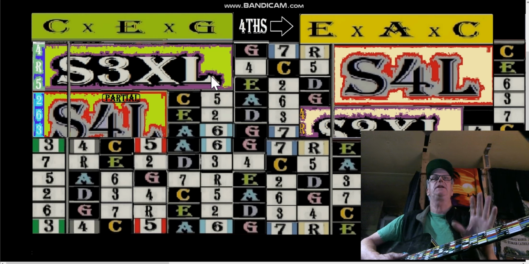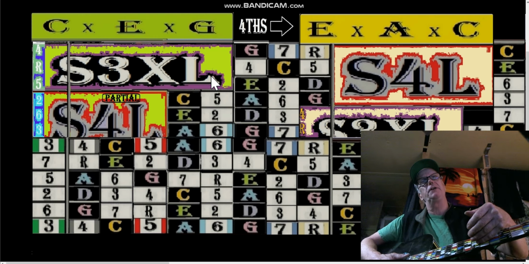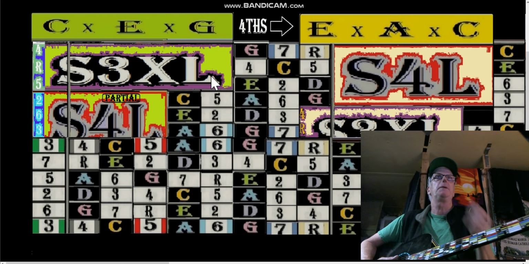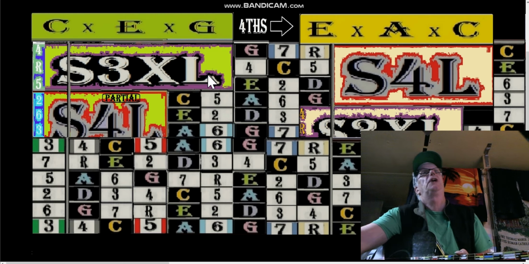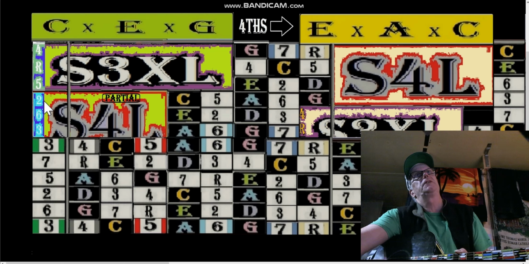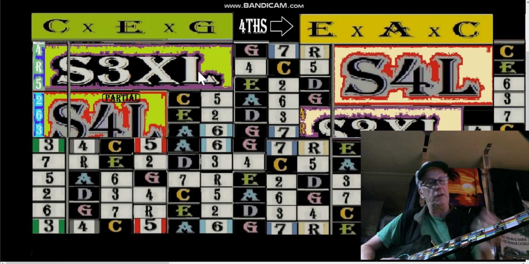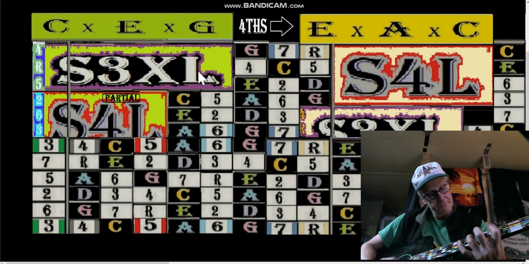Okay, that's the C in the short pattern, which is S2L, S3L, and an S1C on top. But if we want to play the C in the long pattern, we do the top 3 members. So this is a partial, the top 3 members of an S4L, and then a complete S3XL. Okay, so it'd be the top 3 members of the S4L is going to go, warp up,